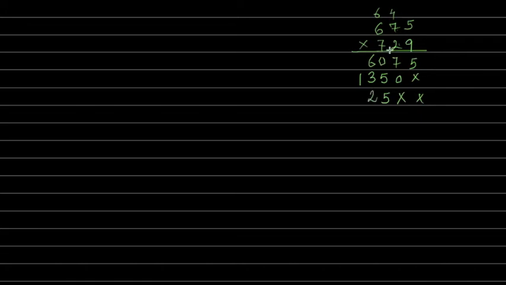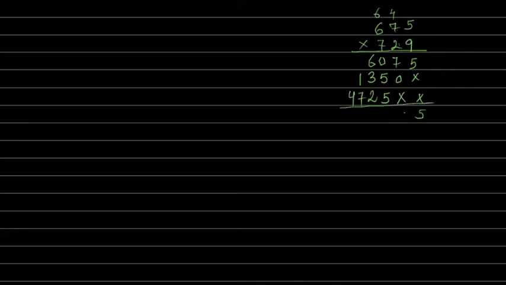So let's solve 675 into 729 in the rough work. Now how much will it be? 9 fives are 45, 4 carry. 9 sevens are 63, 63 plus 4 is 67. Now 9 sixes are 54, 54 plus 6 gives you 60. 2 fives are 10, 1 carry, 2 sevens are 14 plus 1, 15, 2 sixes are 12 plus 1 gives you 13. Now be very careful with the calculation. 7 fives, it is very difficult to find the error later. So this becomes 2 and then 7 sixes are 42 and this 47.